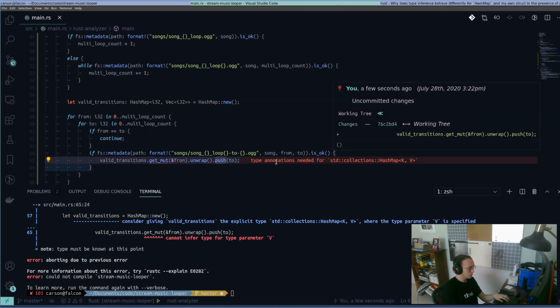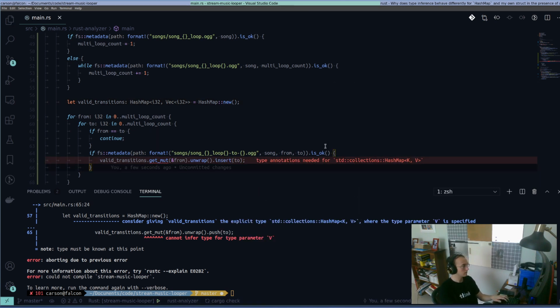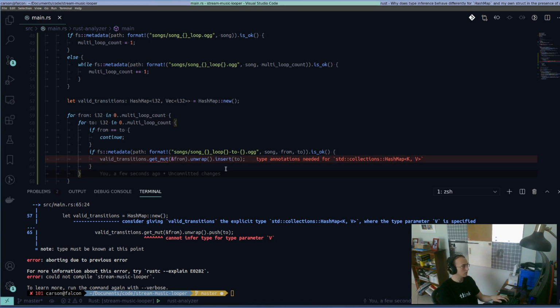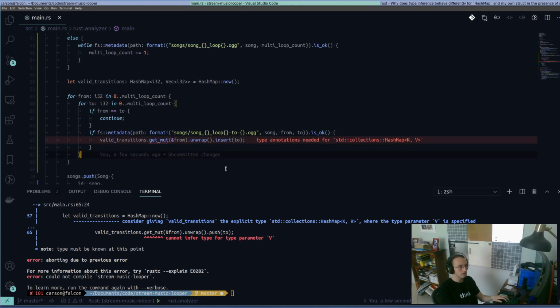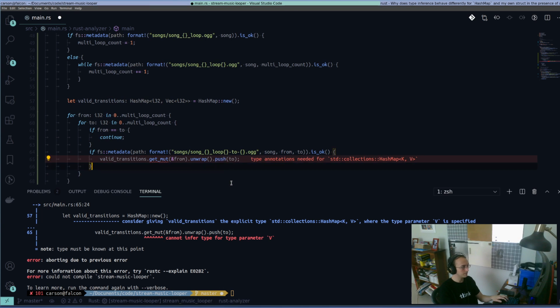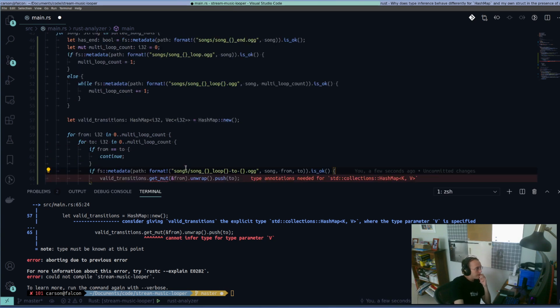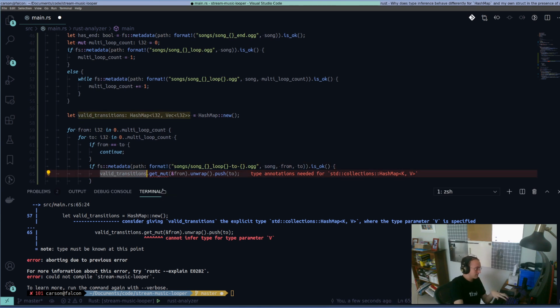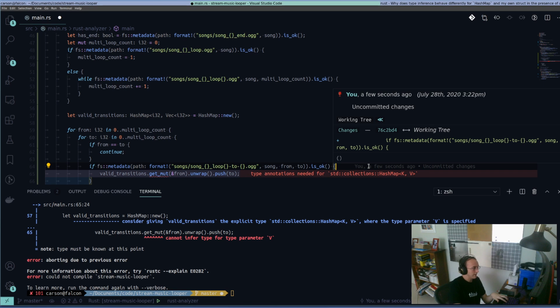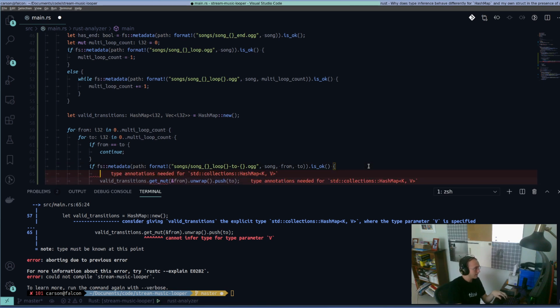Insert, not push. No. Oh, I get what you're saying. Yeah, I'm not initializing the vector. Is that it? For this value in the hash map, I'm never initializing. Yeah, okay. So,